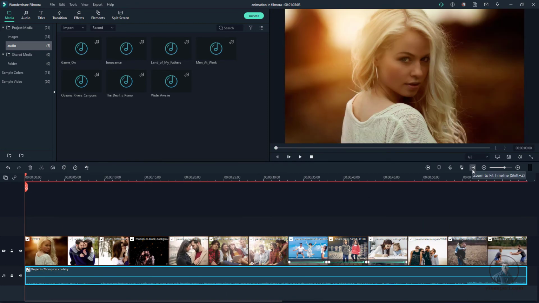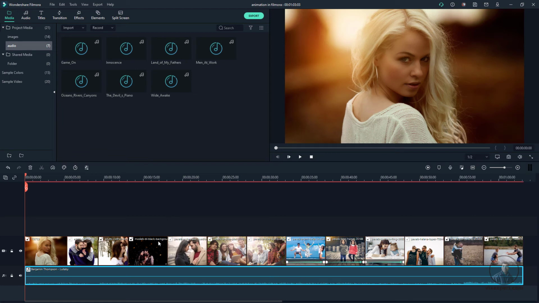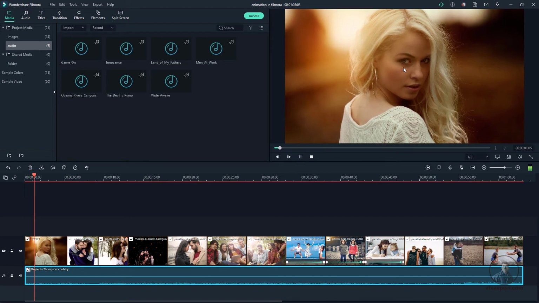Now here if you click here, zoom to fit timeline, so it will fit your entire timeline according to your space. Okay, now just play and check here animation.